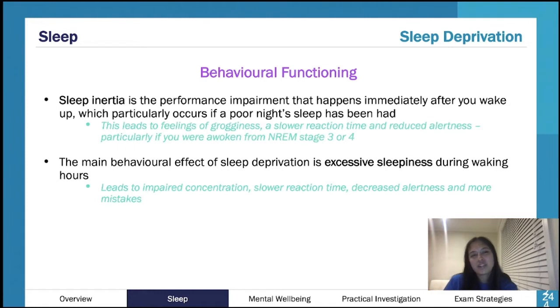Depends on your teacher, depends on the examiner, I guess, but that's pretty wishy-washy in my opinion. Like saying, what's an effect of sleep deprivation? Being tired? I guess so, but I would steer clear of that if you can, and say things like slower reaction time, decreased alertness, making more mistakes, decreased coordination, that sort of thing. Even slower movements, maybe. Slow reaction time is probably better. But just think about things to do with behavior. Often in my head, I like to think of things that involve moving. Because otherwise sometimes I might lean towards cognitive stuff, like impaired concentration. That's a bit more cognitive in my opinion.